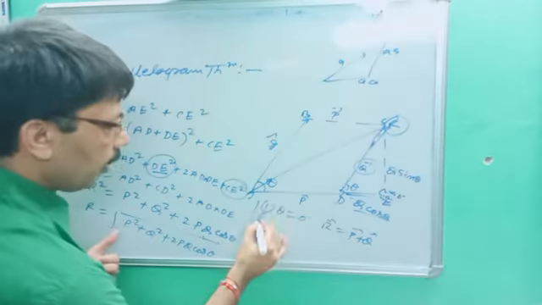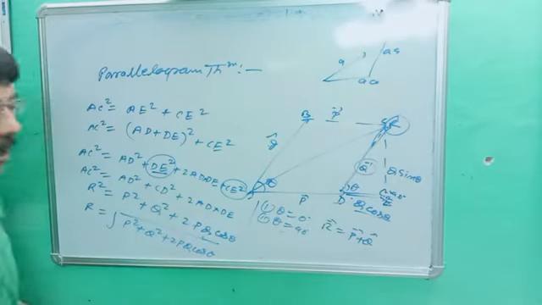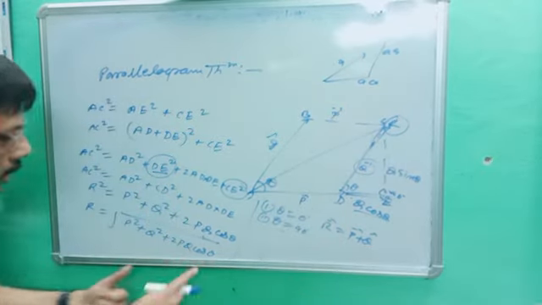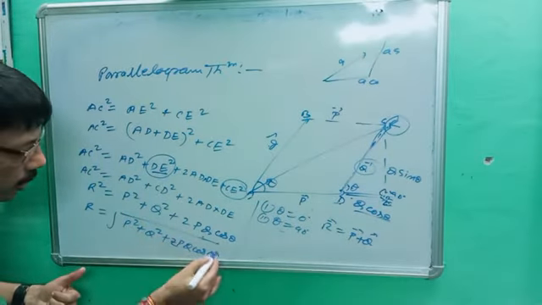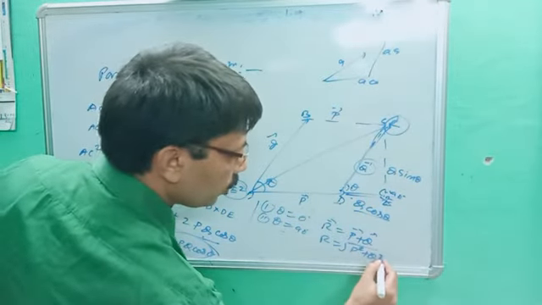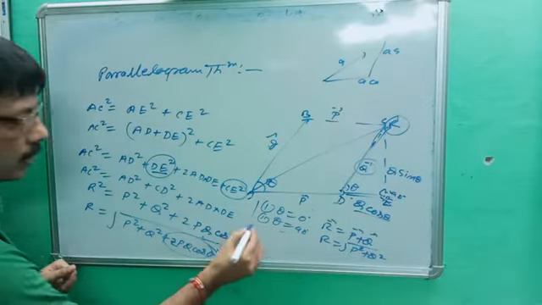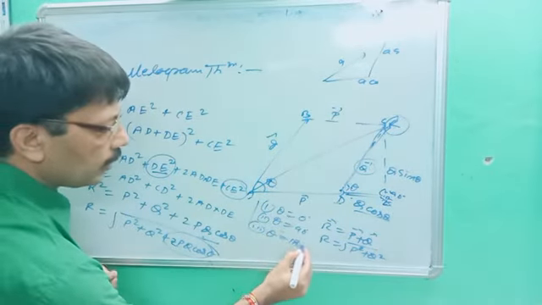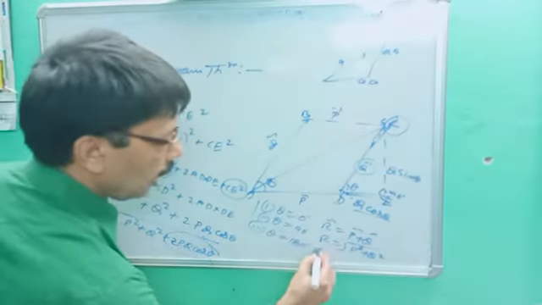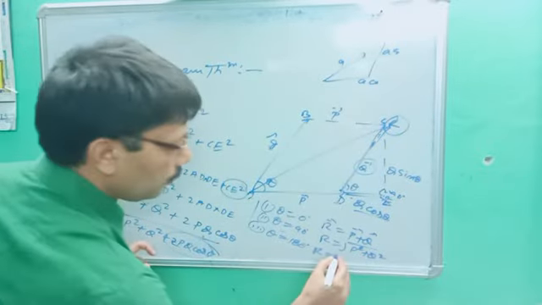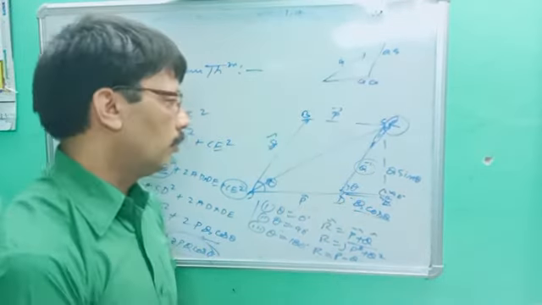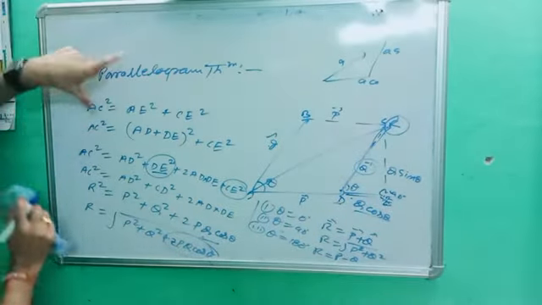Second point: if theta is equal to 90 degrees, are you getting the point? Theta is equal to 90 degrees. The parallelogram theorem is converted into the Pythagoras theorem. You can see cos 90 is 0, so that whole quantity becomes 0. So you will get R is equal to under root P square plus Q square. These are the special cases. Third case: if theta is equal to 180, cos 180 is minus 1, so it will be P minus Q whole square. So answer R is equal to P minus Q, as the square and root cancel out. So these are the special cases of the Pythagoras theorem or parallelogram theorem. Okay, are you getting it? These are the points.